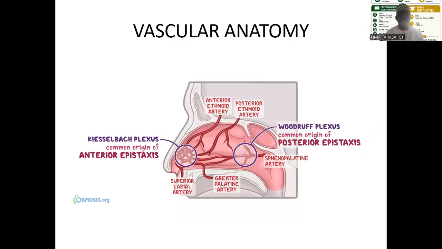In epistaxis, the common site of anterior bleeding is what we call the Kiesselbach plexus, where so many vessels meet. These four main vessels meet there: the anterior ethmoid, the superior labial artery, the greater palatine, and the superior palatine. While the Woodruff area, the common site of posterior epistaxis, is also demonstrated, because we'll be mentioning them as we